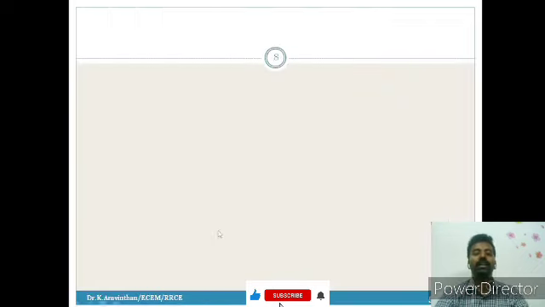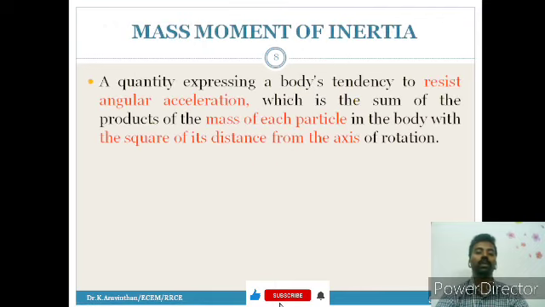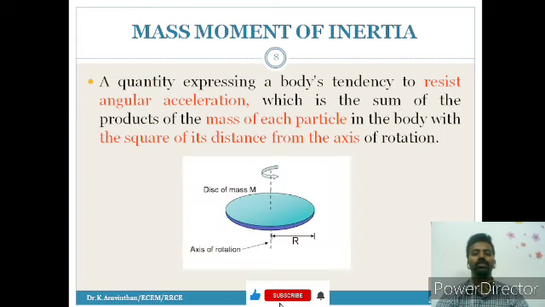Yes. Let us move on to our next concept, which is mass moment of inertia. When you consider the mass of a structure, it is mass moment of inertia, and if you consider the area of a structure, then it is known as area moment of inertia. First, you should understand what you mean by a moment of inertia. Then we can move on to mass and area moment of inertia.